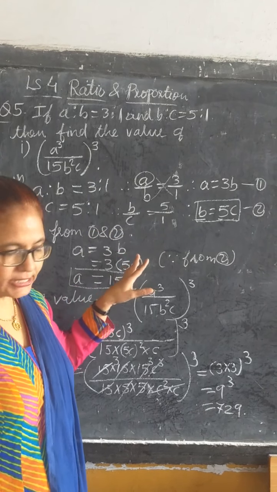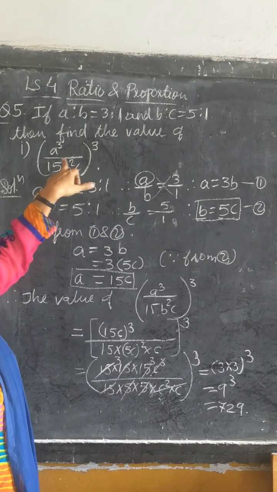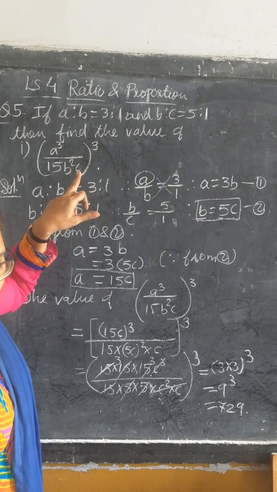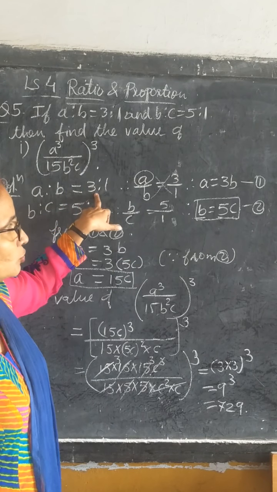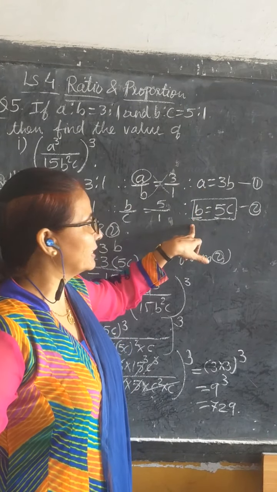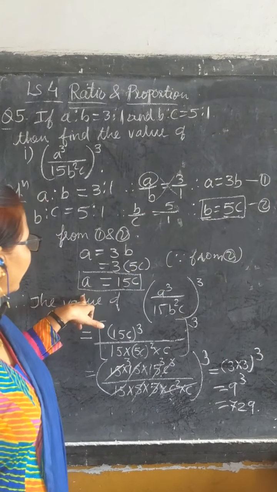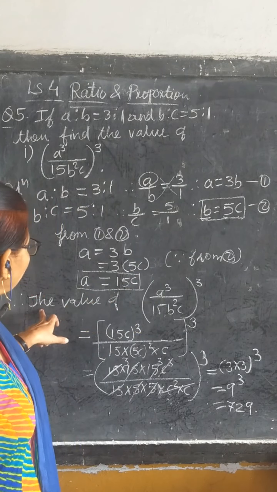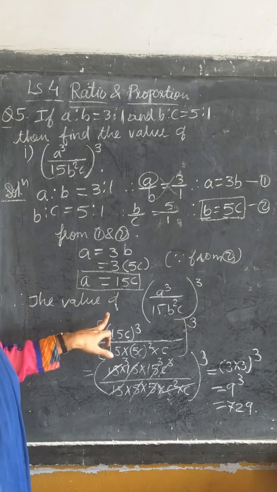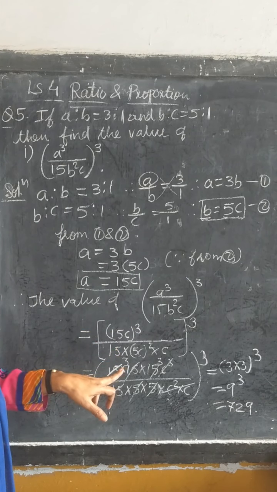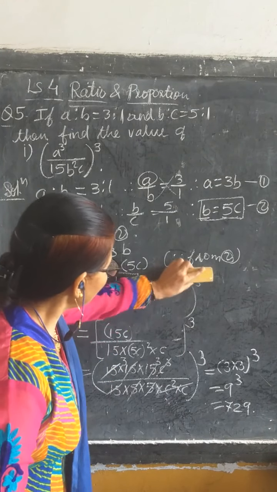Okay. Now let's see one more example, where we have to find the value of A cube by 7BC. Now what you will do children, in the same way you will start with A is to B is equal to 3 is to 1, you will get the value of A, you will get the value of B, and again you will re-put the value of B in here, so you will get A is equal to 15C. In this way you can find the next also. That is also easy, that you can solve.